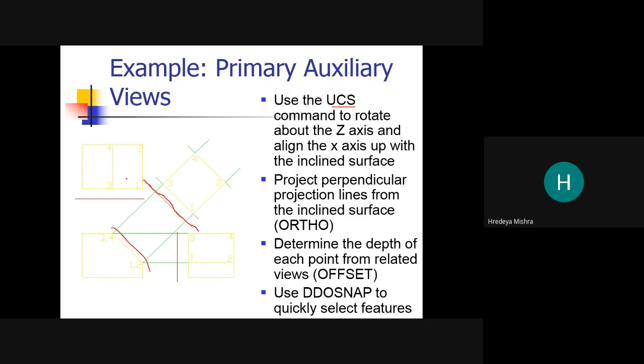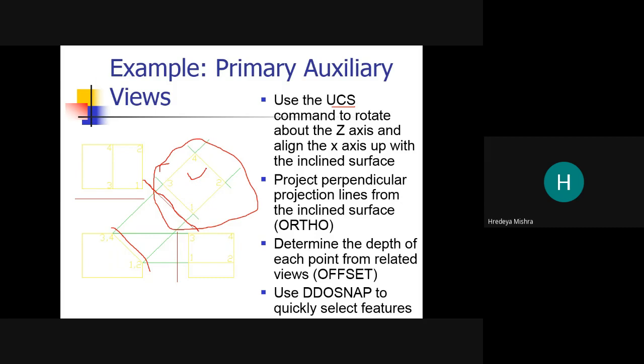But what happened here? 1 2 3 4. It looks like a rectangle. But here in the auxiliary plane, it looks like a square. So the original or true shape of this particular surface is a square, not rectangular.